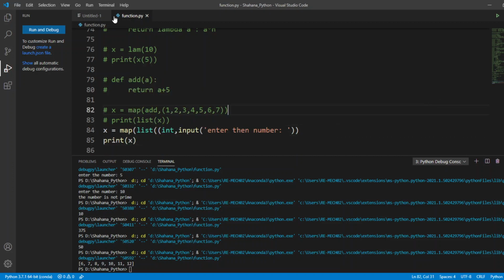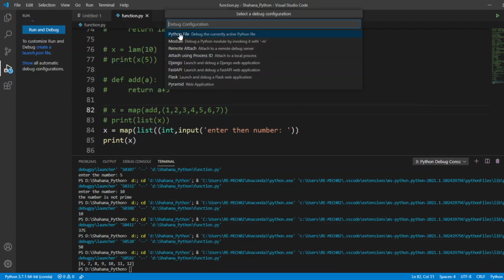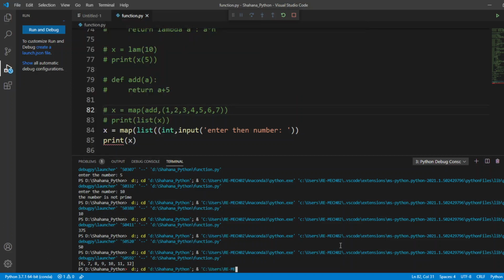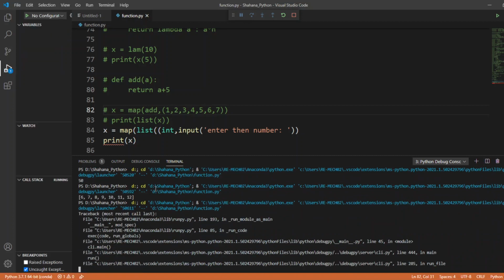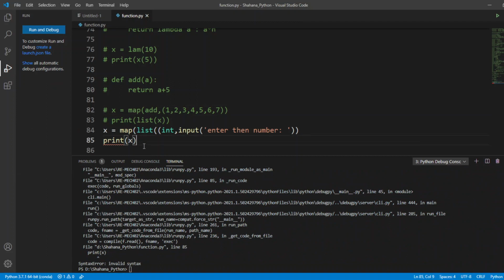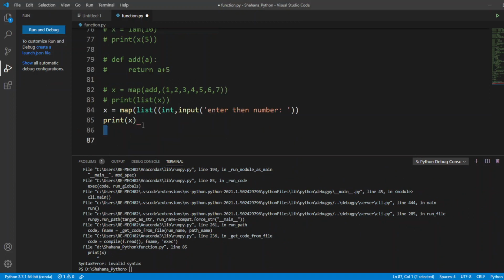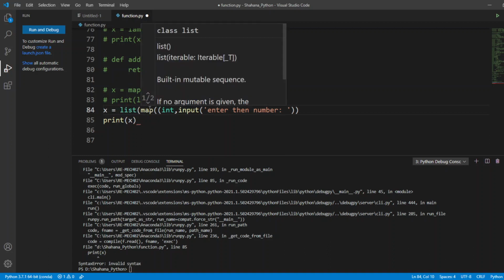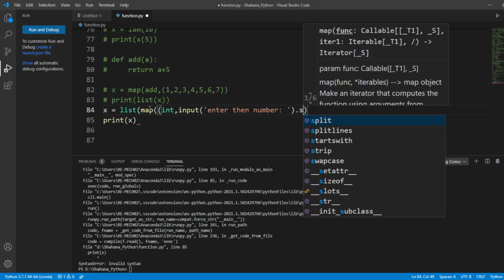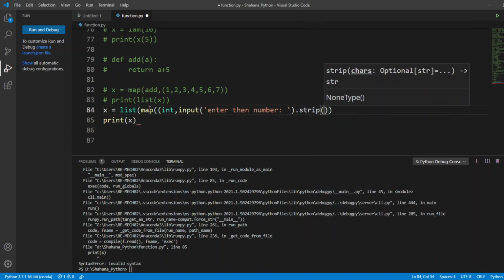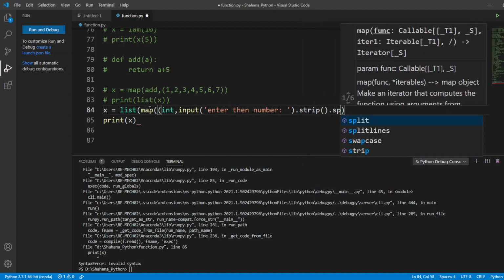If I run this code, I think it will throw an error. I think I made a mistake. It is throwing me an error. What I'm going to do is change the way I wrap the list. Then after this I'm going to strip each value, and then I'm going to split.